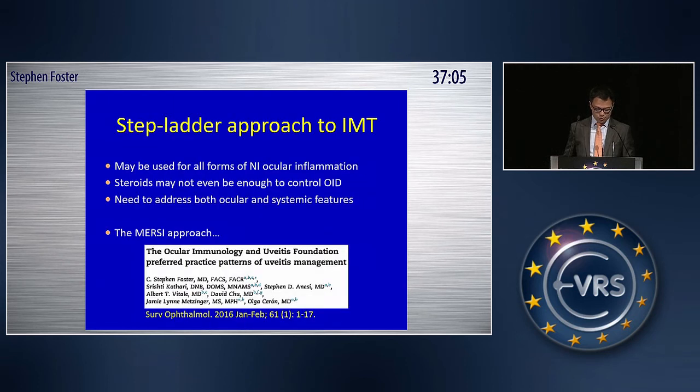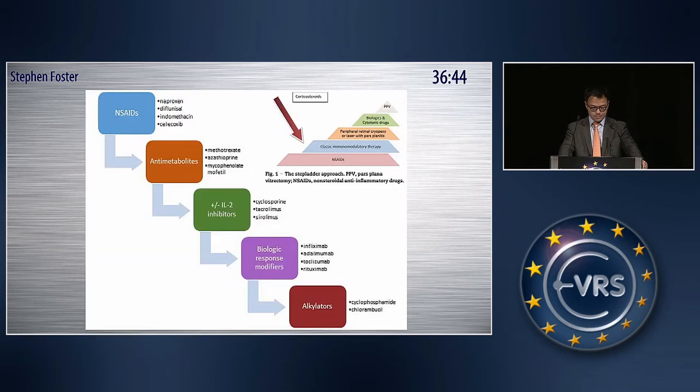So the stepladder approach, this is the paper I was referring to earlier, which I'm happy to send you a PDF of. It has a very comprehensive review of all the chemotherapy we use in uveitis, even ones we don't use. There are 3 pages, a table that would tell you all the drugs that have been used in all ocular inflammatory diseases. So this is a figure from that paper, and this is the way we approach our ocular inflammatory disease